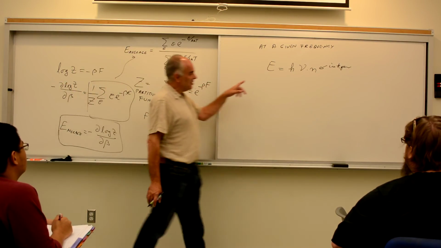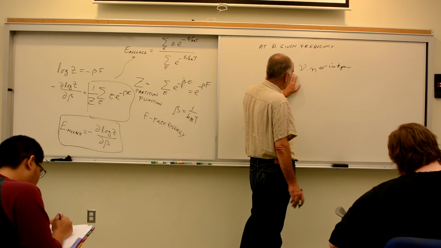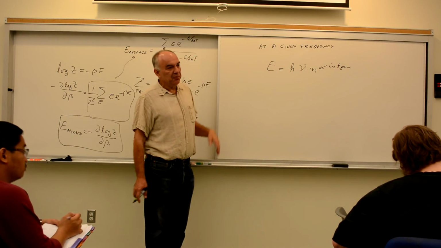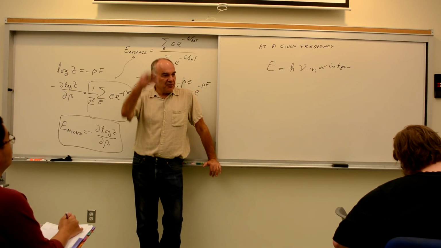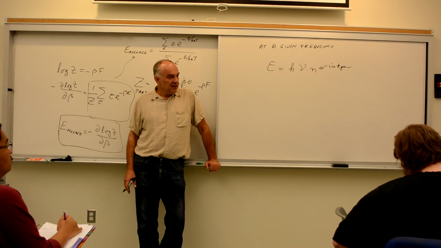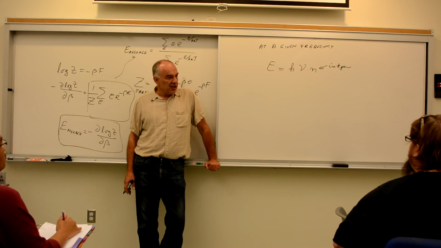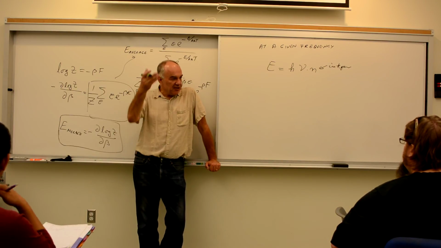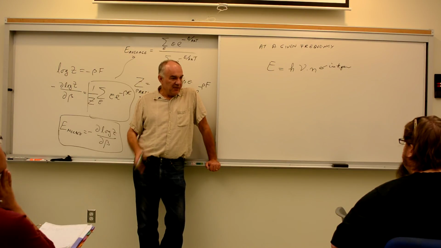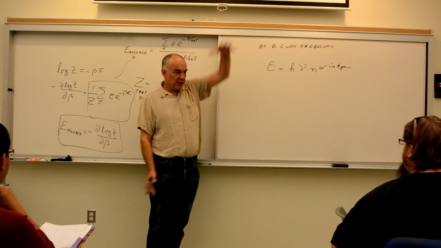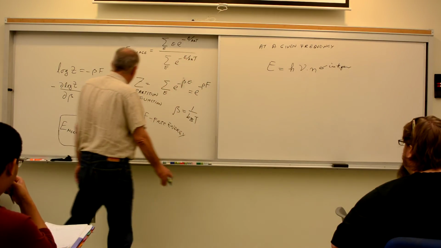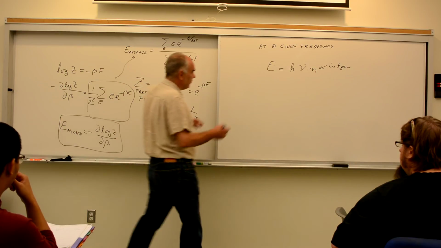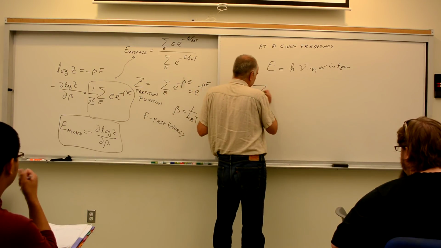So if you assume that this is the energy, some constant times frequency times an integer, that integer turns out to be, in quantum mechanics, the same integer which tells us which state it is. And so the harmonic oscillator which describes that particular wave at a given temperature would be in a particular state on that tower of states that we have built for the harmonic oscillator. But let's see how this works. All we need to do is to calculate this partition function, which is easy. So Z is the sum